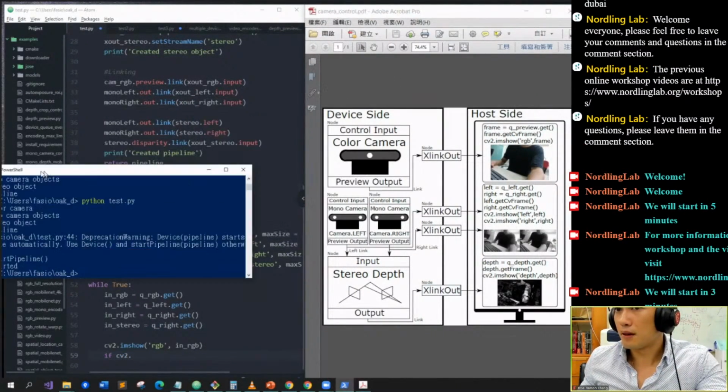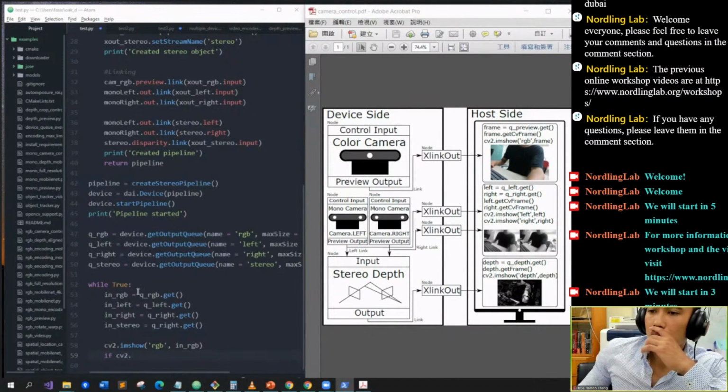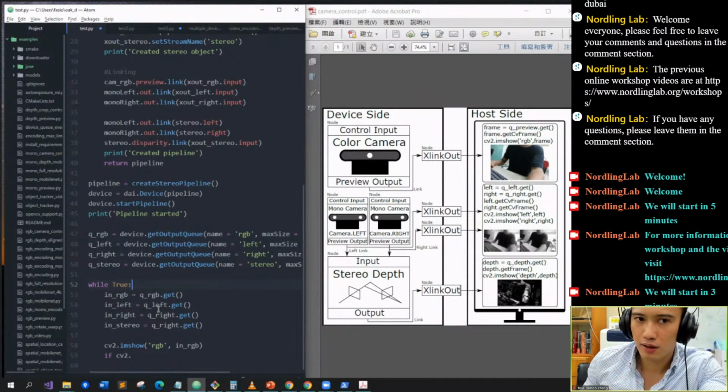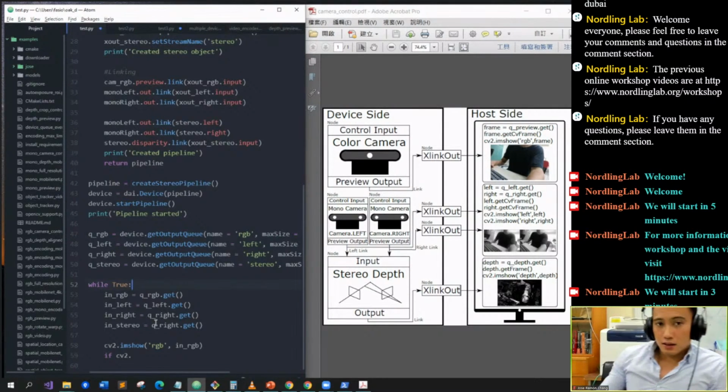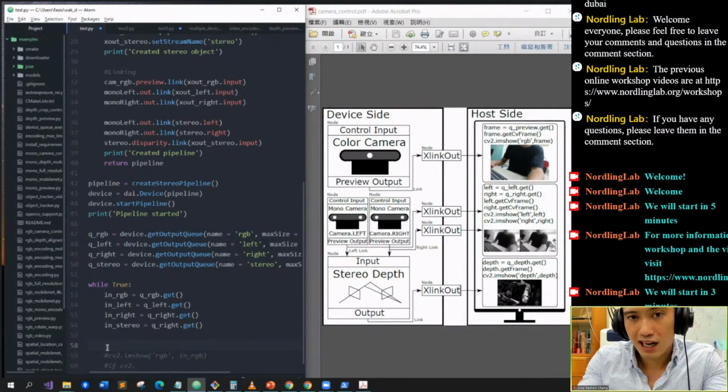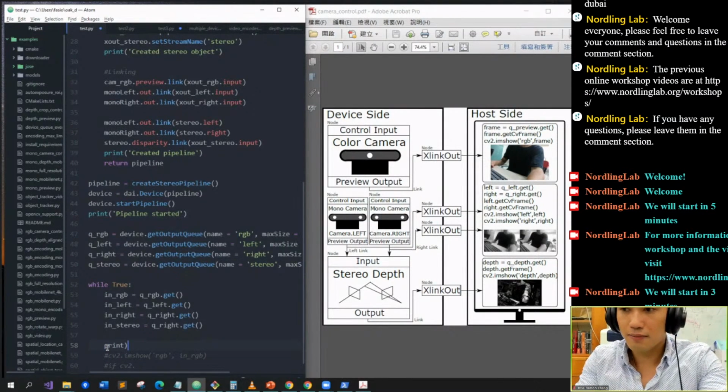So now I have defined my 4 queues, right? And I have started my while loop to start doing post-processing. All the post-processing is going to happen here inside the while loop. The first thing that I'm going to do is get a single item from my queue, right? The queue contains at maximum 4 items. Okay, so now the problem is that once you get an item from these queues, the item is actually